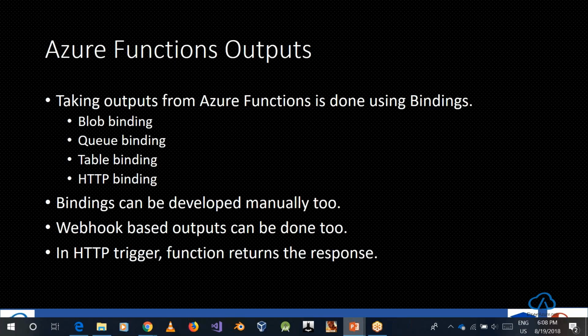So in the C Sharp script files for the IR functions, we can use any kind of data that we can return to, such as the blob, queue, table, or HTTP. Now the return type of the function becomes the binding. For example, if a user comes to our function, starts an order, creates a job, and now we have to store that job into the queue, we will create a mapping for the queue.